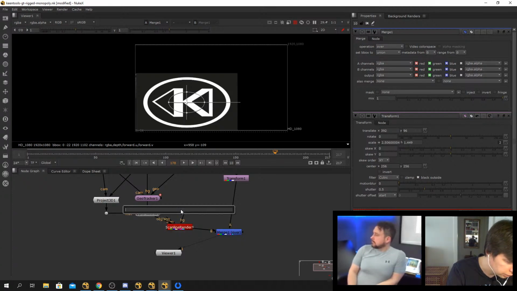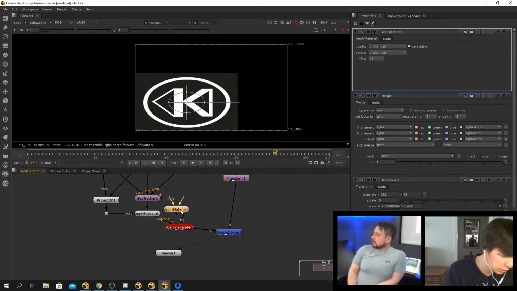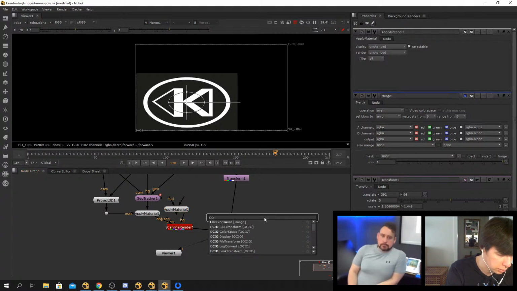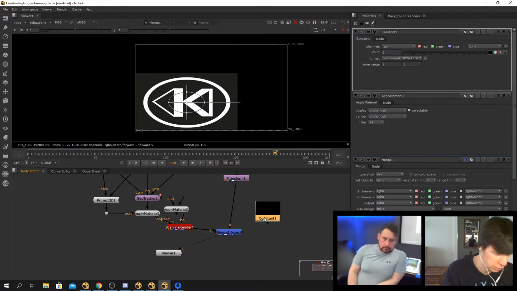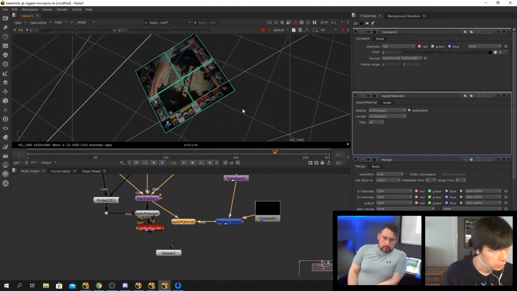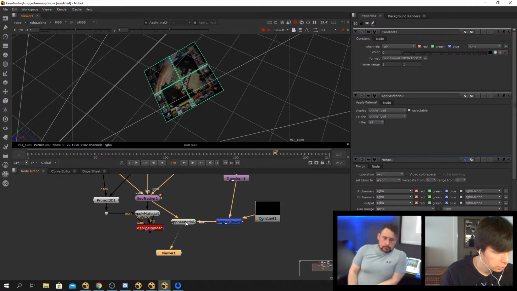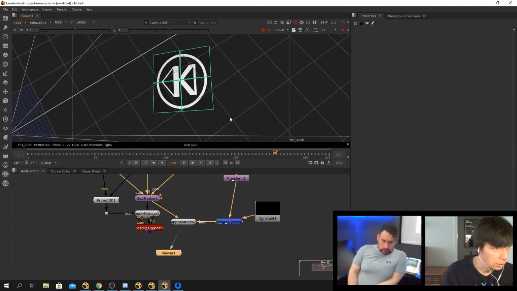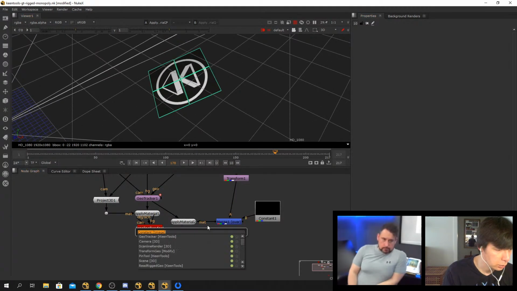Apply material and use some constant, not contact, but constant instead of this. Yeah, so something like this. And yeah, here it is. So now we can render it